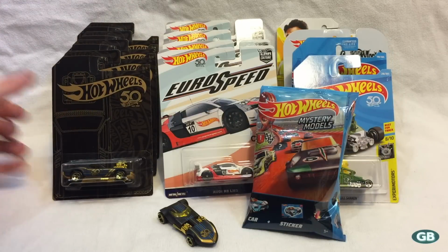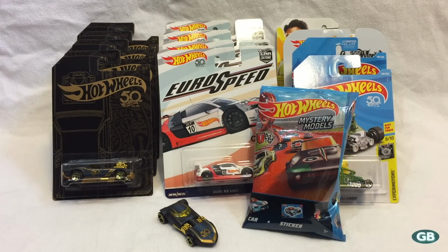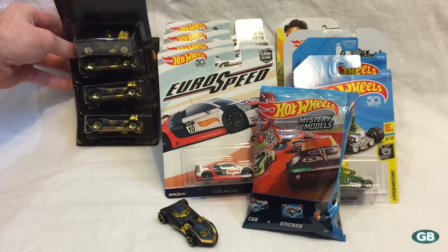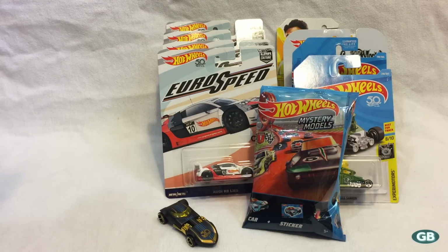And then my buddy, huge thank you to Ton of Galsclaw. I just love this guy. Been a good friend of mine on Instagram for a while, and we've done a bunch of trades, and he's solid. He gave me a heads up that Walgreens was getting these big shippers in their center aisle, and he said that there's a whole bunch of stuff in there. Hot Wheels 50 and some other stuff. So I busted over to Walgreens, lickety split,